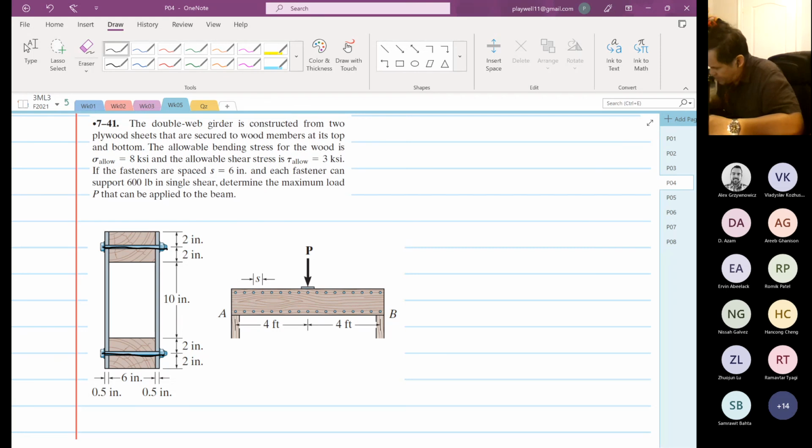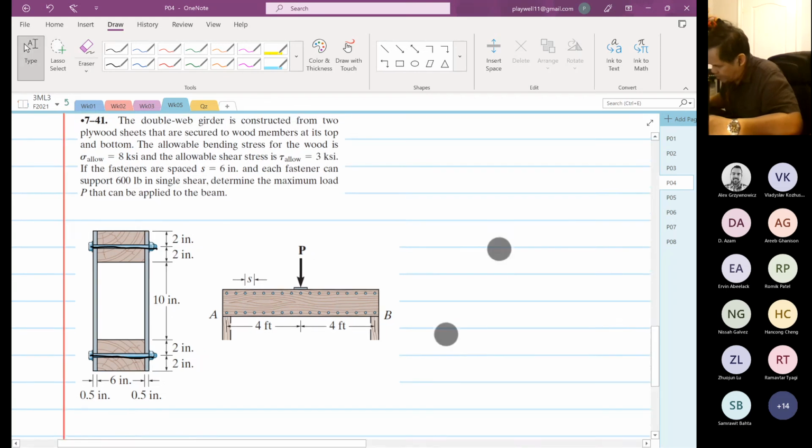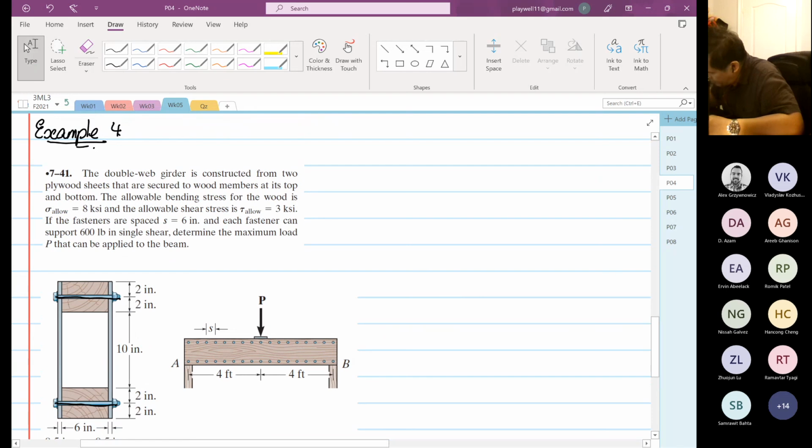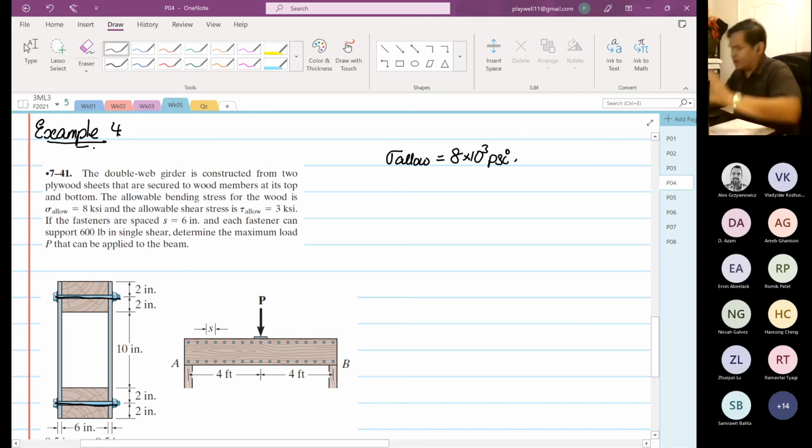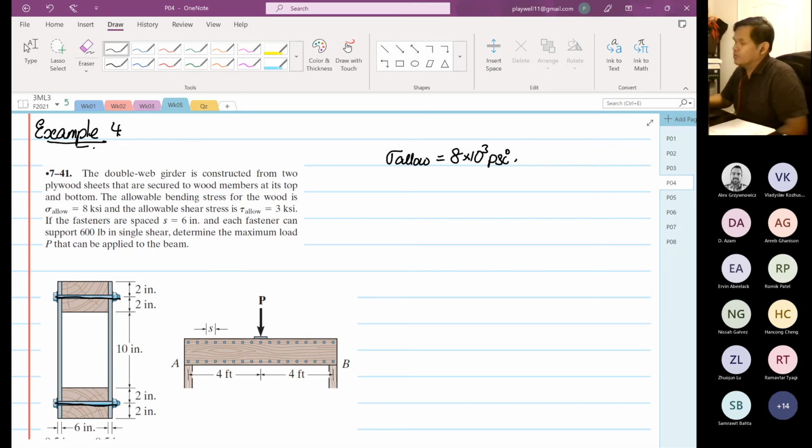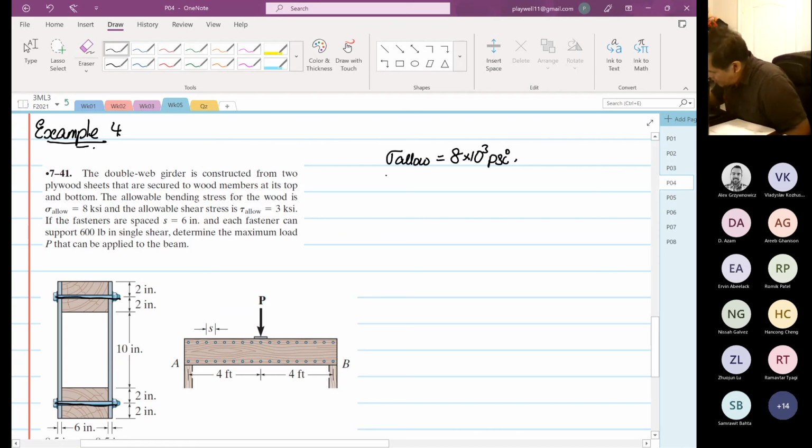So what is given is we have our normal stress allowable set at 8 times 10 to the power 3. Now, for now, we are going to ignore the normal stress first, because I've not taught you guys to do bending moment yet. So we're going to ignore the normal stress first. But the shear stress allowable